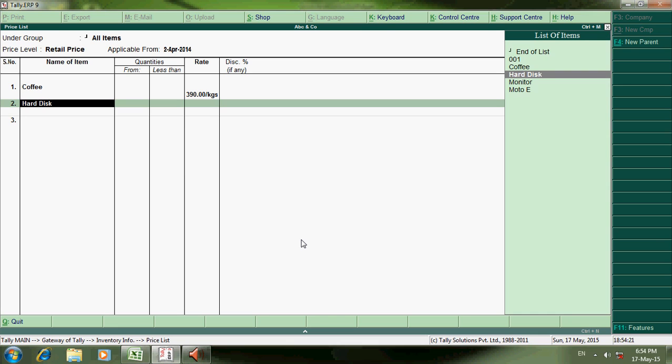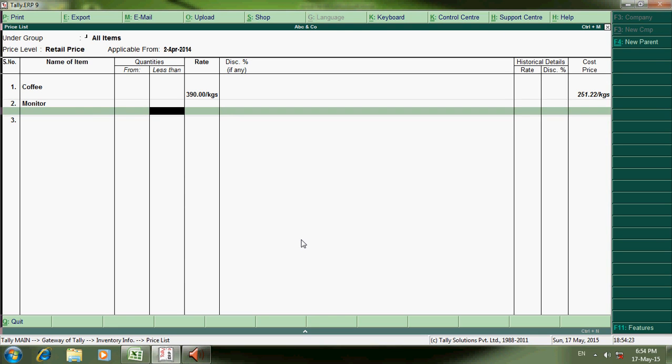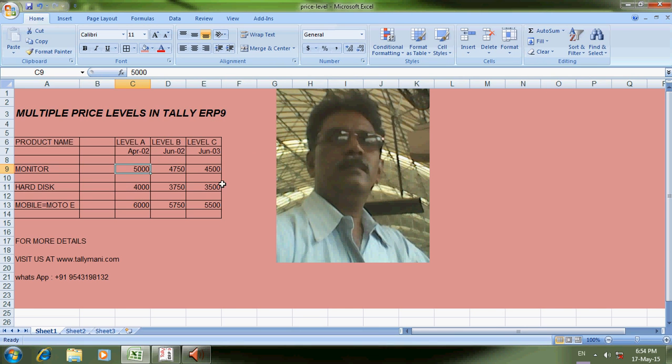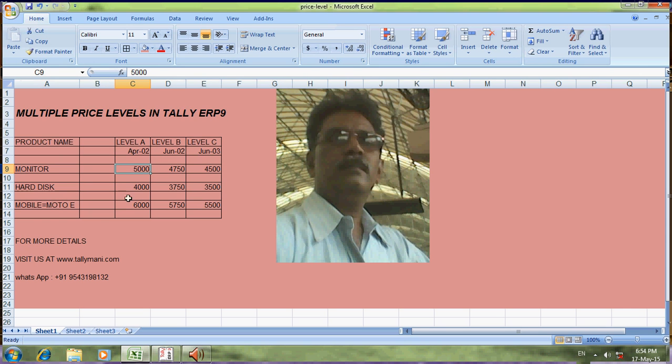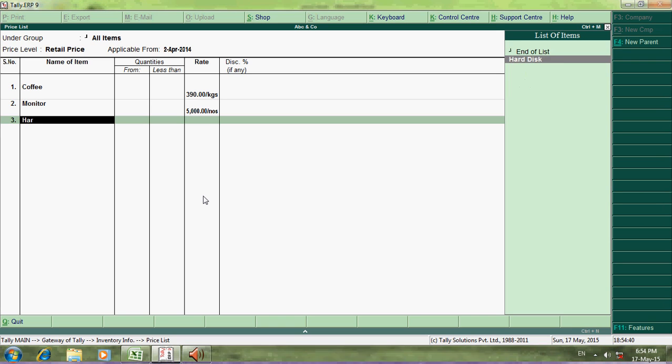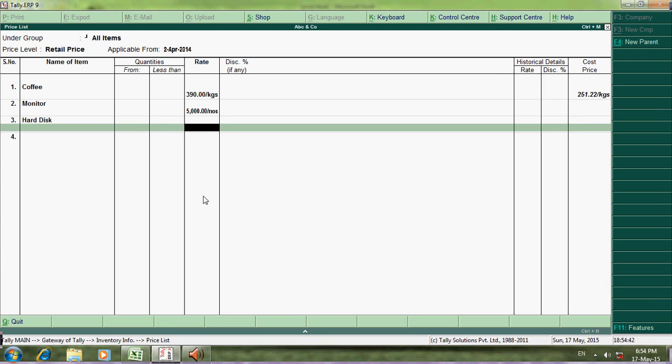Say monitor rate is 5000. Then hard disk 4000 per number.